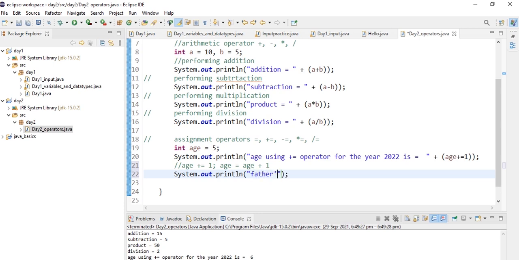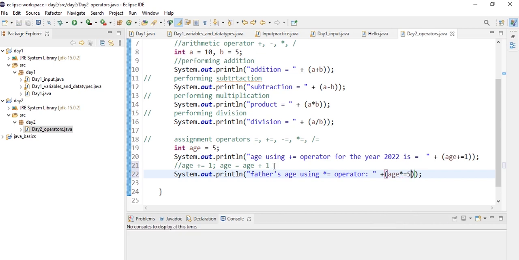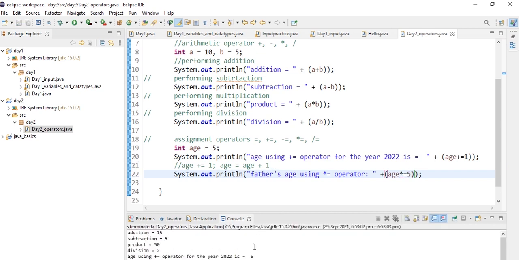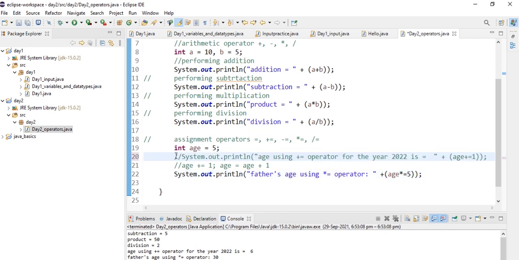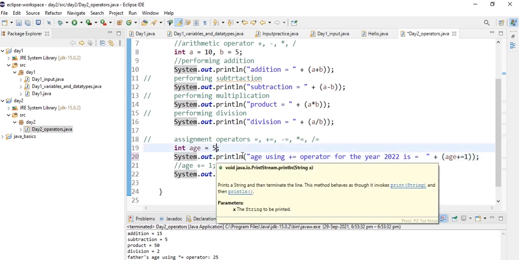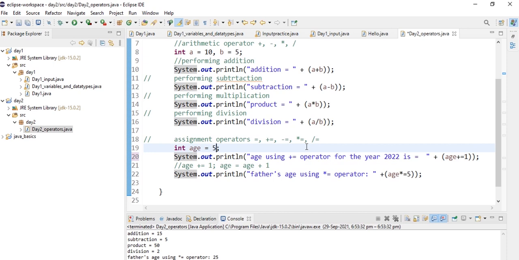Let's type father's age. So father's age is 30 now. So your age is 5 and 5 into 5 is 30? No, right. So what happened here is